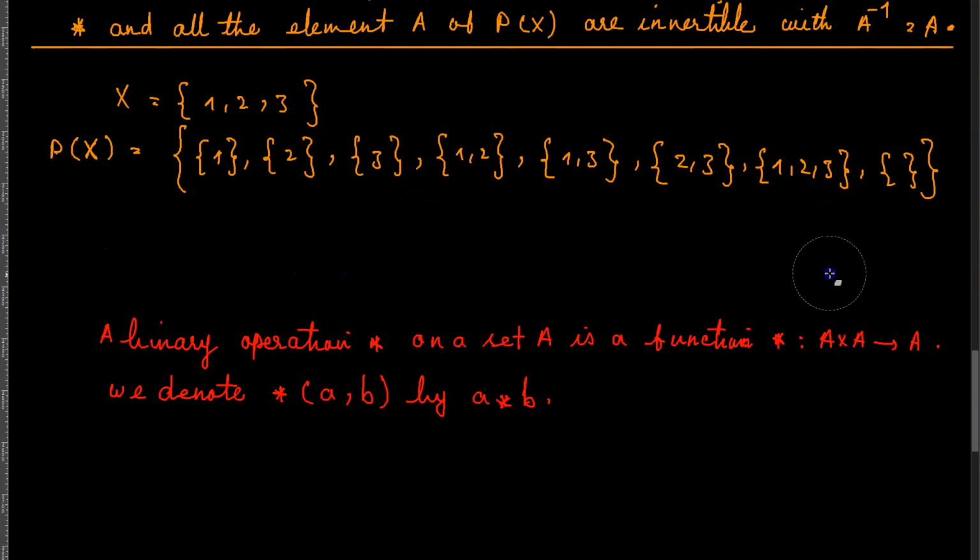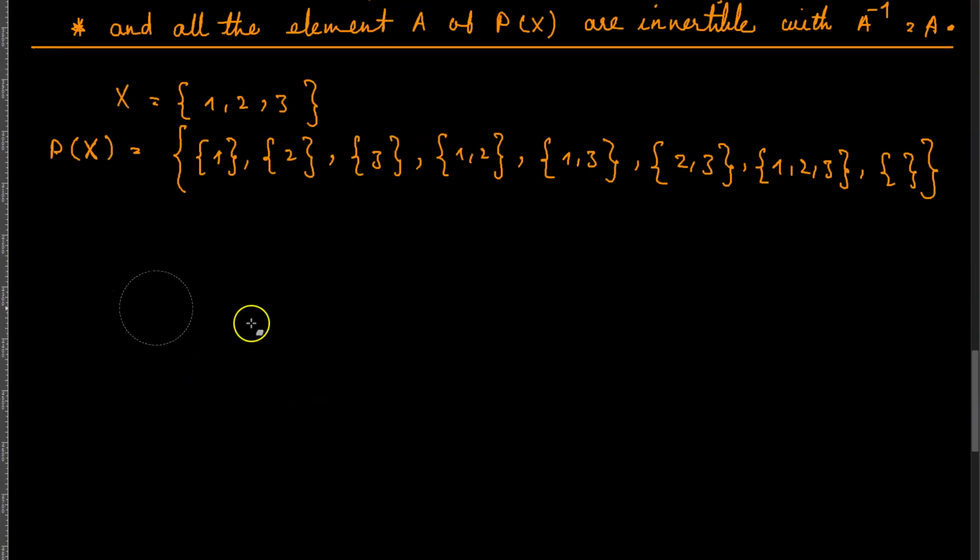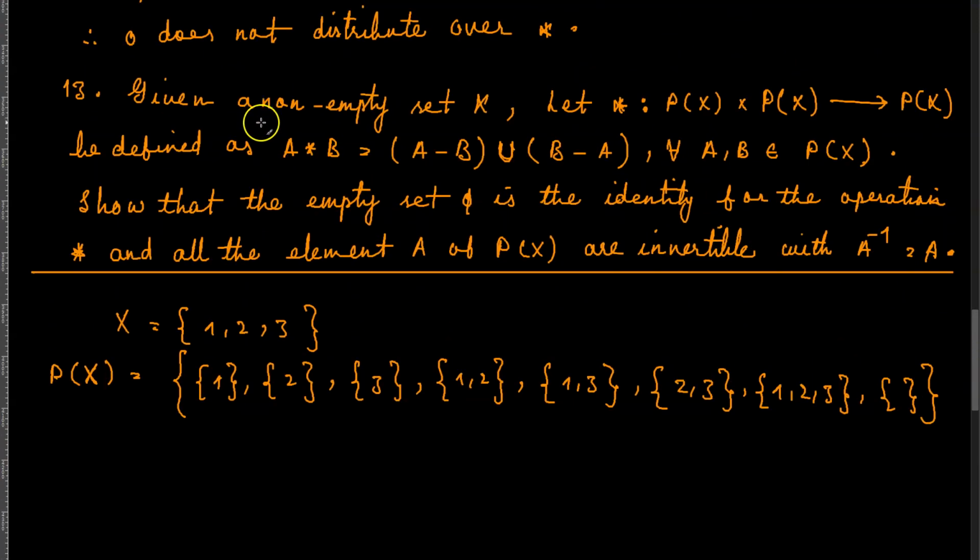So through the rule that we have here, for example, here we are saying that star is a binary operation on P of X, and I wrote the set P of X over here, and we defined A star B as this relationship between A and B over here,